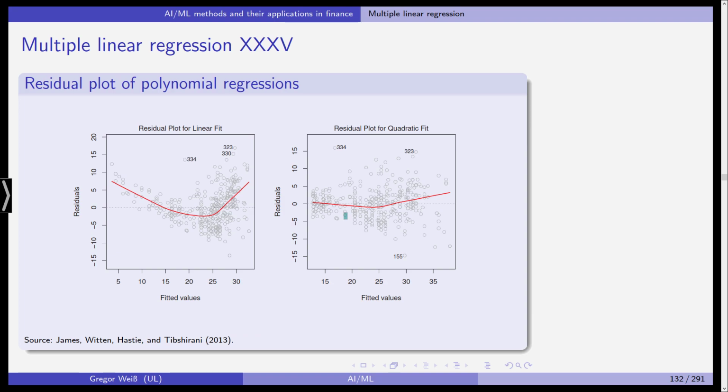We can look at the residual plots. For example, here, if we use a polynomial fitting, left, it's a linear fit. Right, it's the quadratic fit with the polynomial regression. And as you can see, the fitted values and the residuals should actually look rather like this. In this case, we would say, okay, there's no clear trend. It's around 0,